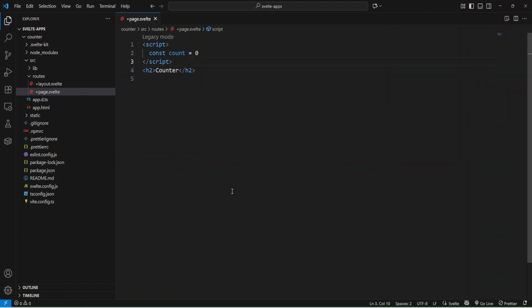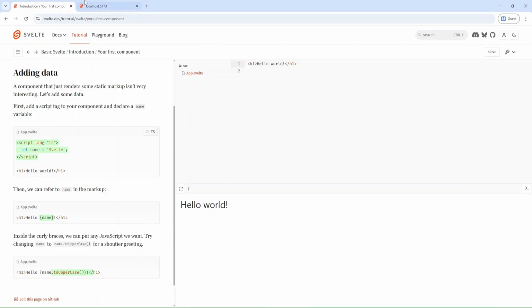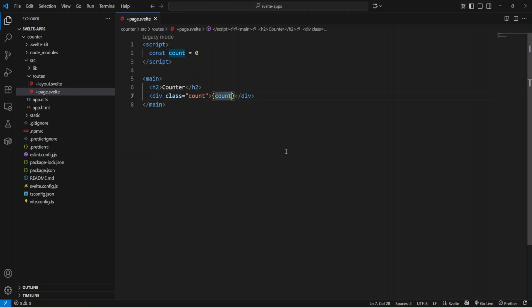0. And now I would like to show this count, and let me add some main tag, and inside this I'll add my content. Inside main would be the h2 header, and I'm going to add a div with class count, and we'll add styles later, and here I'll provide my count, and let's check. And as you can see, I have counter and also my count, and also we will need 3 buttons, and